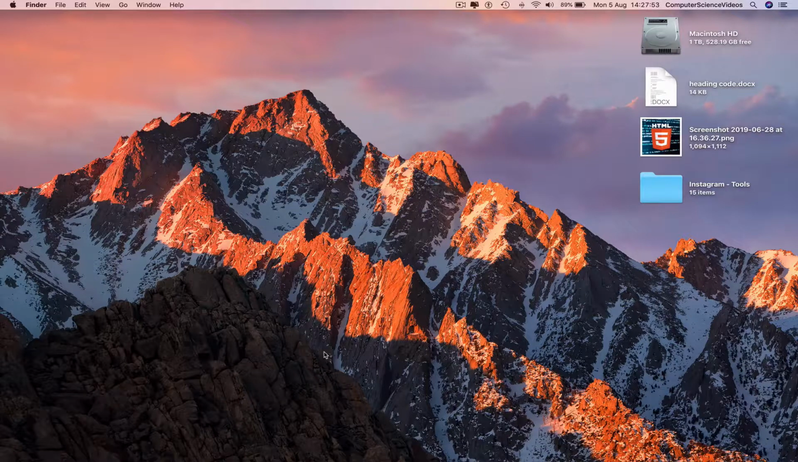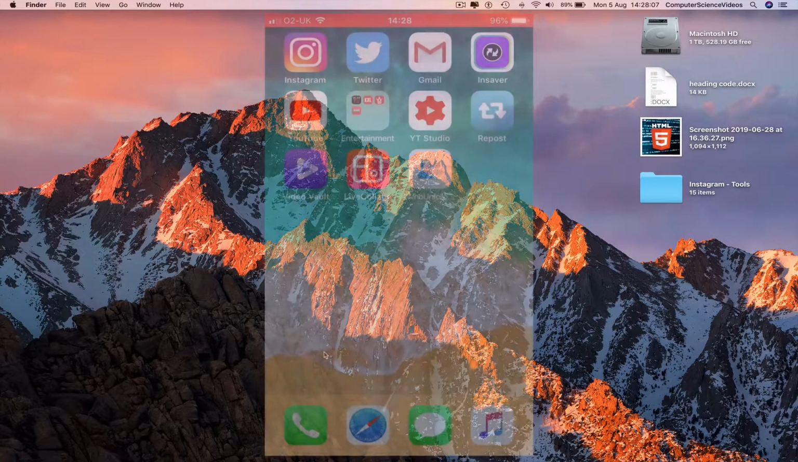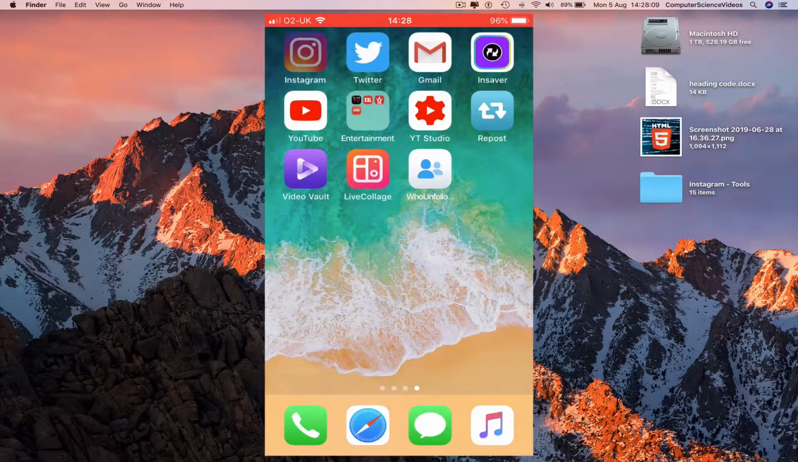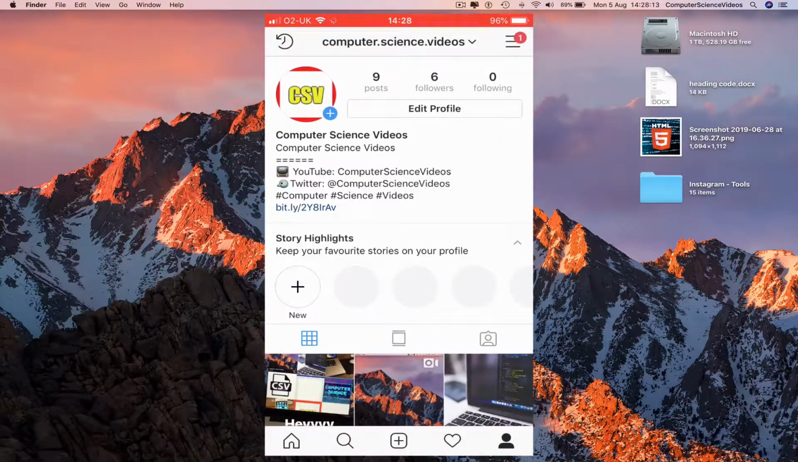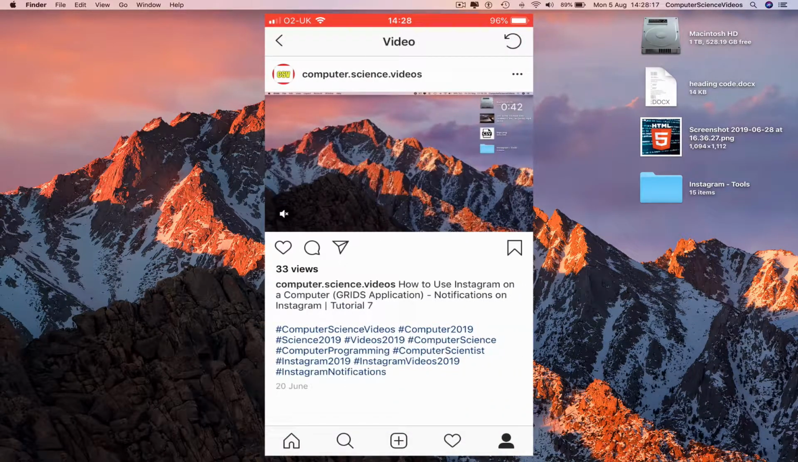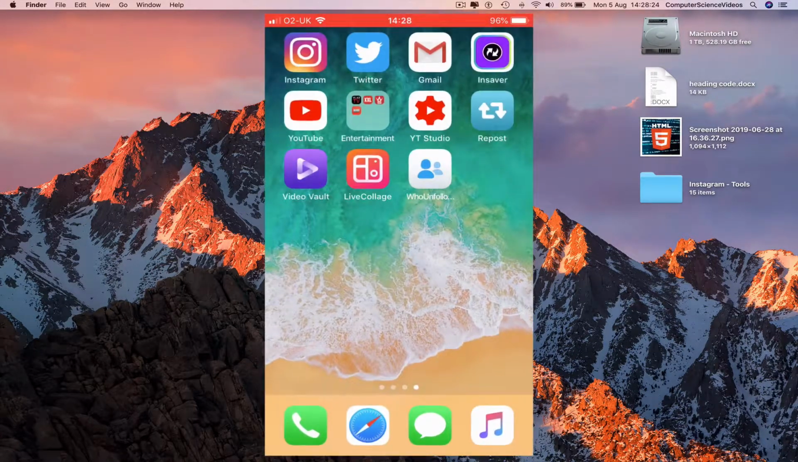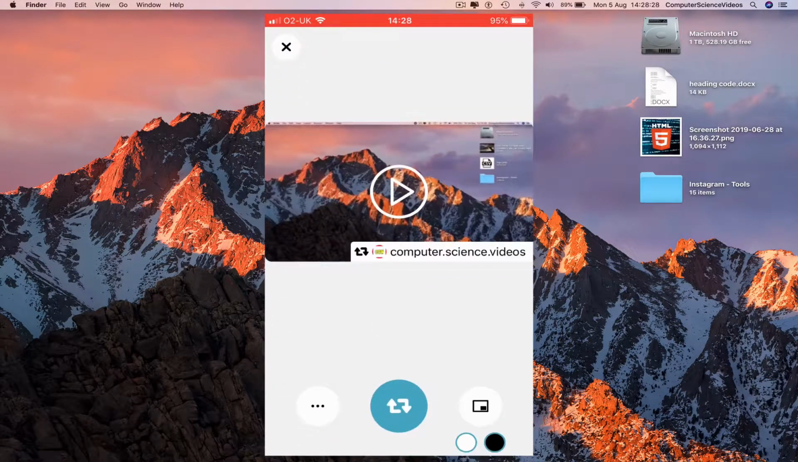So the first thing we need in our hand is an iPhone, an Instagram account, and the application called Repost. And so now I will go to Instagram itself, go to my account, my profile, go to the video I wish to download, go to the right hand top corner of your screen, 3 dots, copy the link, and then go back to your home page, open up the application called Repost, click on this, and now we see the